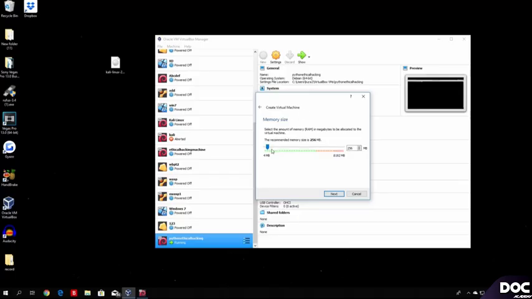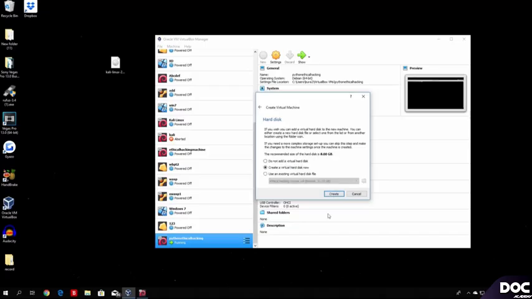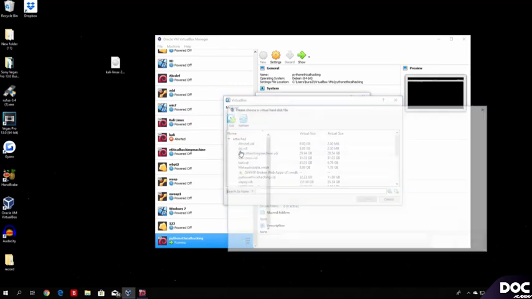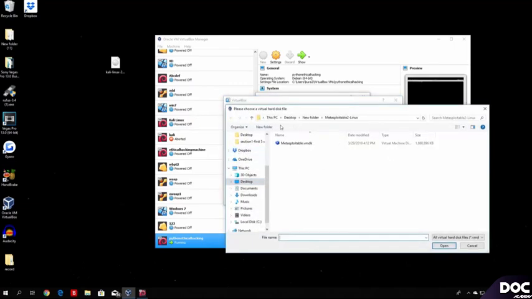As far as the memory size, 512 megabytes will be more than enough for this machine, so just select next. And right here, instead of using or creating a virtual hard disk now, we want to use an existing hard disk, which is the hard disk that we downloaded from Metasploitable. So just choose use an existing virtual hard disk, then select right here to select your hard disk, and try to find it wherever you saved it. As we can see, I saved it on my desktop in a new folder. It is this file right here, which is the size of 1.8 gigabytes. You select it right there, click open,